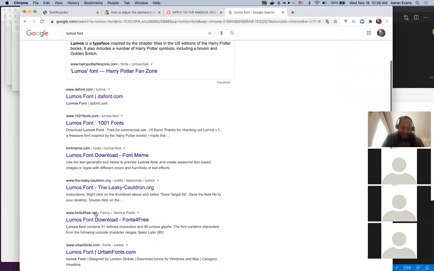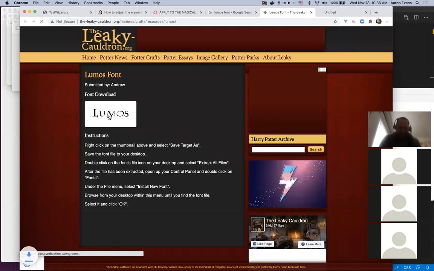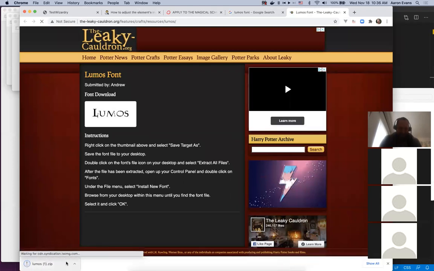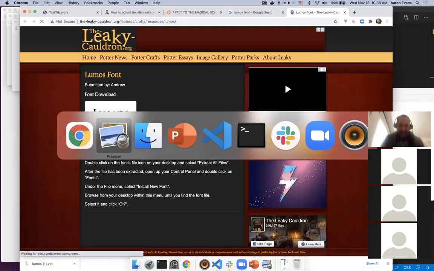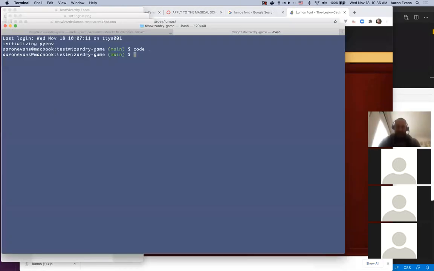Okay, so it looks like this one might not be the Leaky Cauldron. That makes it semi-official, right? The Lumos font. So I can download that font here. And yeah, it looks like I've already got it. So what I want to do is